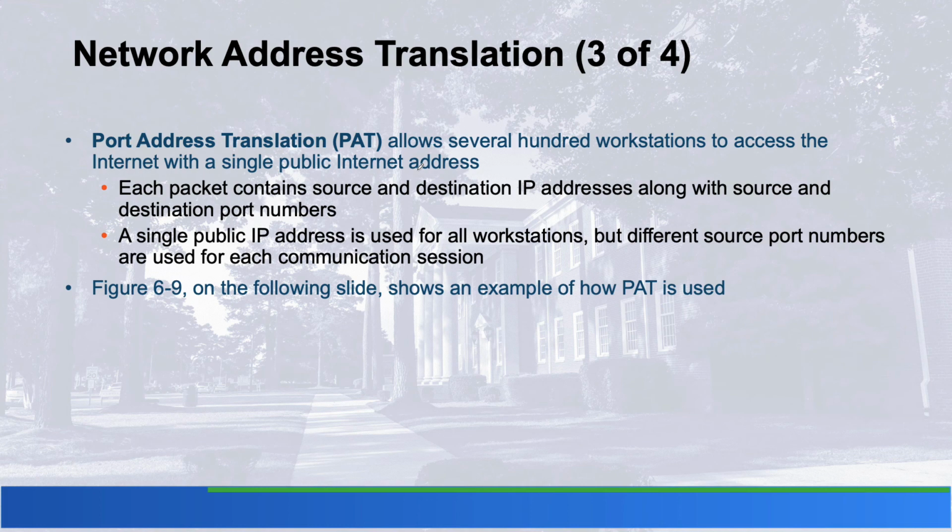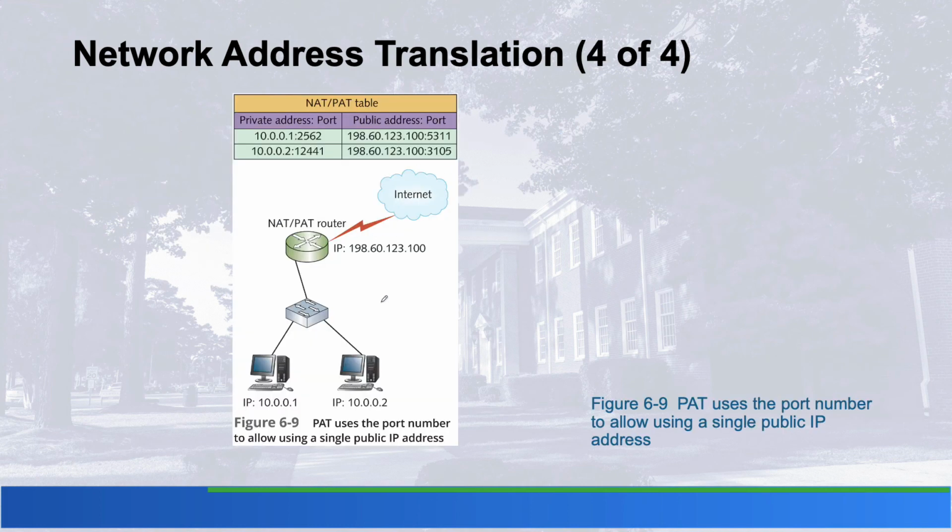We can also do port address translation. Port address translation allows me to use one IP address. So this is what your router at home does. Okay? So you're connected to Suddenlink. For a residential customer, you're only going to get one IP address, right? If I'm a big customer company, they might give me 10 IP addresses. Since you're at home, Suddenlink is only going to give you one address, which is